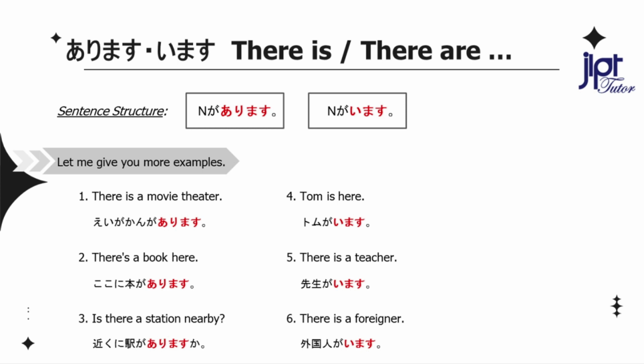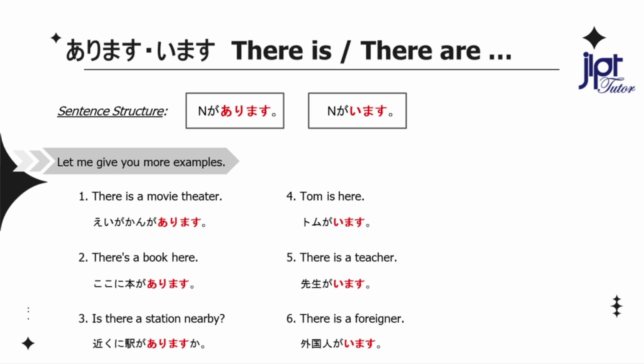Tom is here. トムがいます。There is a teacher. 先生がいます。There is a foreigner. 外国人がいます。